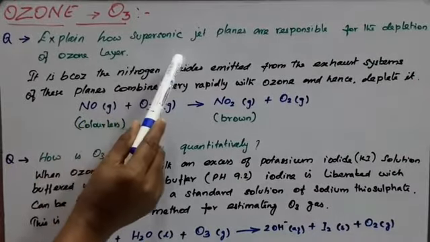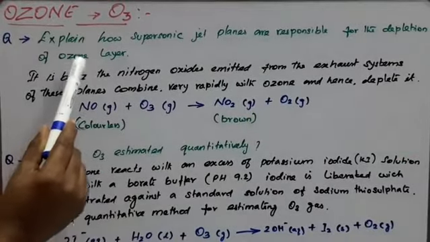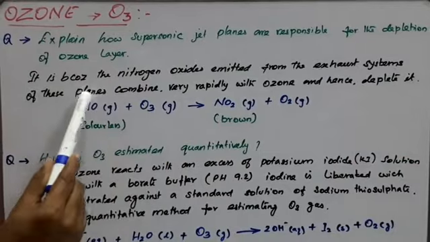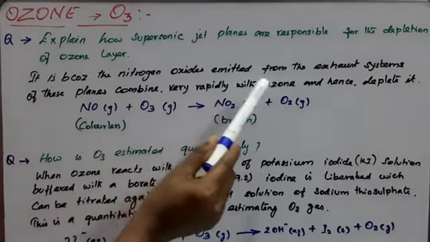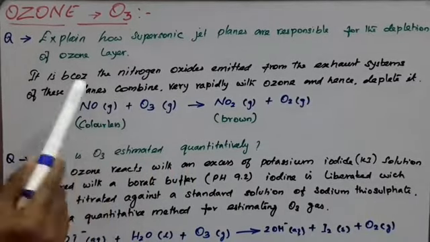How are supersonic jet planes responsible for the depletion of the ozone layer? Because of the nitrogen oxide emitted from the exhaust systems of these planes, so the releasing of this